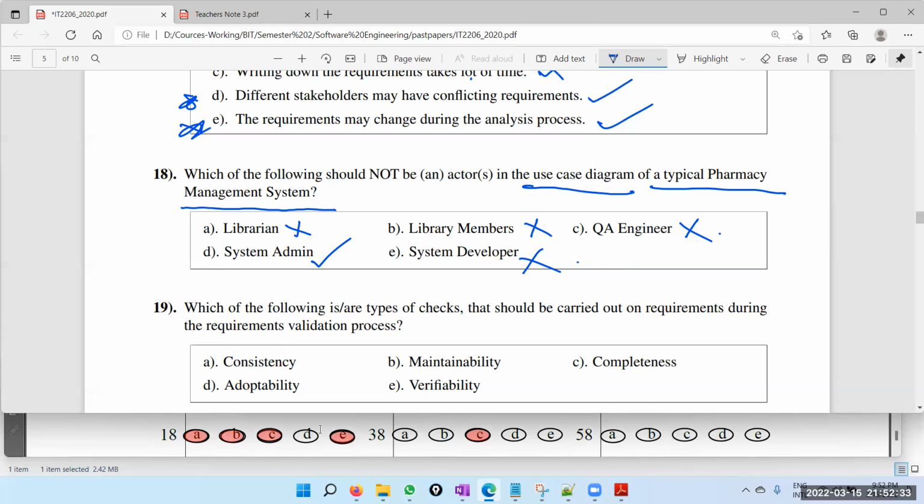Right. So everything other than D. So that means it is the same as my answer. Okay. So remember, the QA engineers, developers, project managers are not in the use case diagram, but